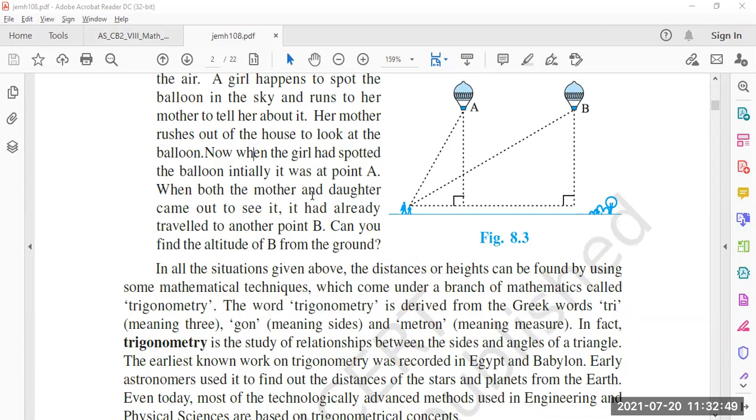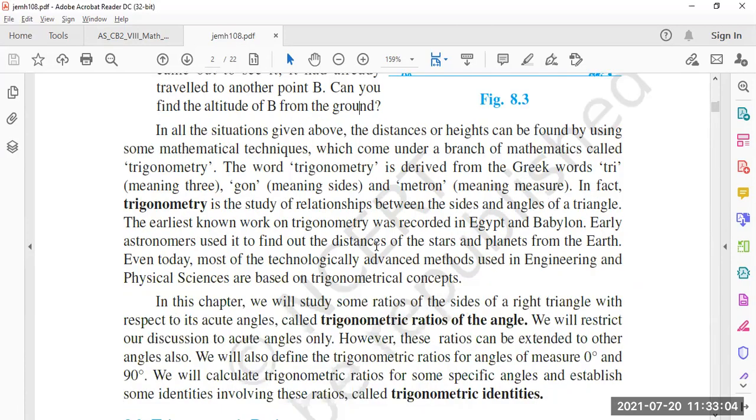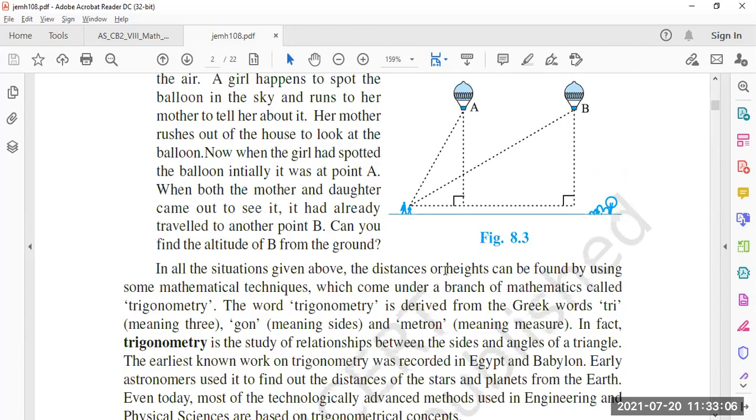Yes, sorry, children. Since this chapter, trigonometry, is completely based on right triangles, it is applicable to right triangles. So we will be focusing maximum on the right triangles, not maximum, 100% we will focus on the right triangles. Okay. So when we say right triangle,